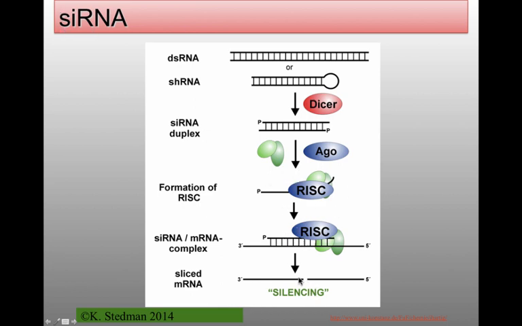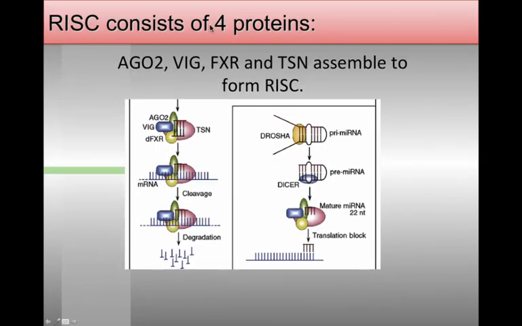RISC complex chops up the RNA, and chops that RNA very specifically in the middle of that RNA where it's base paired to this small RNA that Dicer has actually made. The RISC complex is made up of about 4 different proteins in most cases. The most important of these is this Argonaute protein. Argonaute is really the one which is binding to that single-stranded RNA and bringing the two together. Some cases also have a nuclease activity, but Argonaute is really the most important one, and I wouldn't bother remembering all of these other ones here.